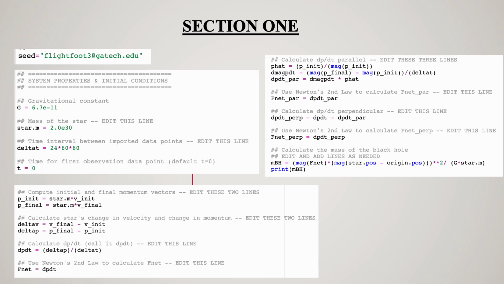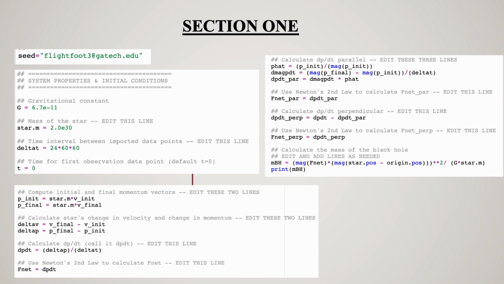So this is section 1 of my code. And as you can see, the seed is my Georgia Tech email. And then underneath we've got some system properties and initial conditions, including the gravitational constant, the mass of our star, delta t, which we chose to be a day, and the initial time. Then underneath this we have our initial conditions and final conditions, which is the initial momentum, final momentum, and then we've also got our final velocity and initial velocities, where we can then calculate the change in velocity and then the change in momentum, which will then allow us to calculate dp dt, which is also equivalent to F